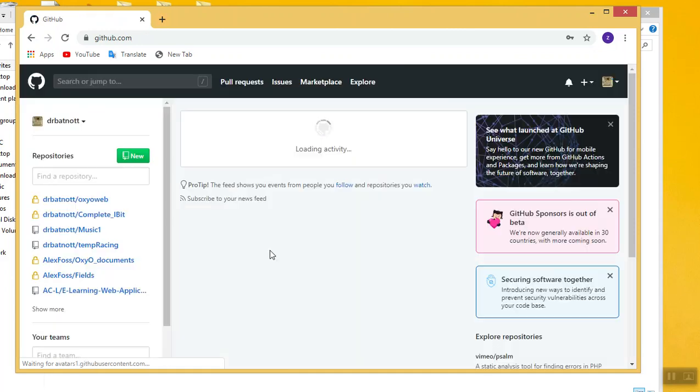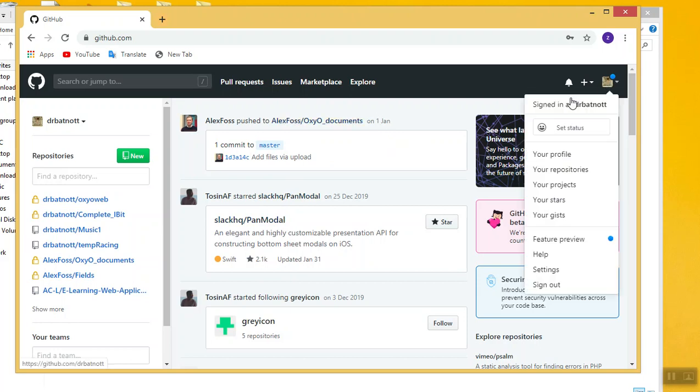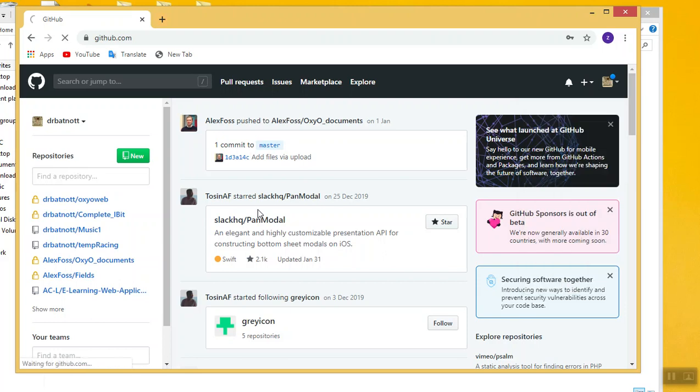And this gets me into GitHub, and in GitHub I can see all the things that have been going on, other people I follow or I'm working with. And what I want to do now is to set up a new repository. So over here in my repositories,